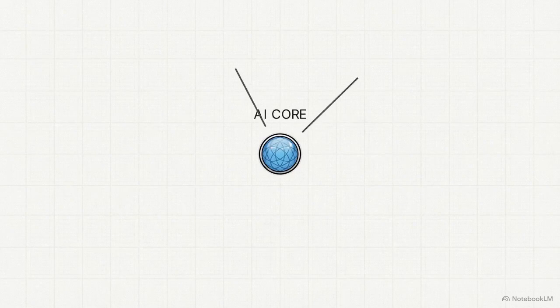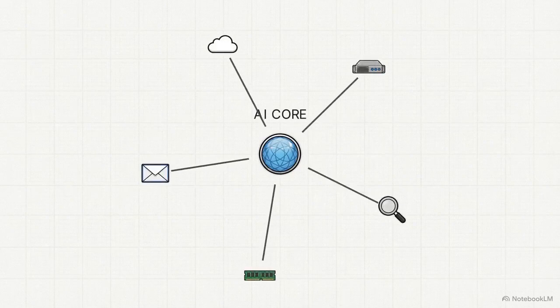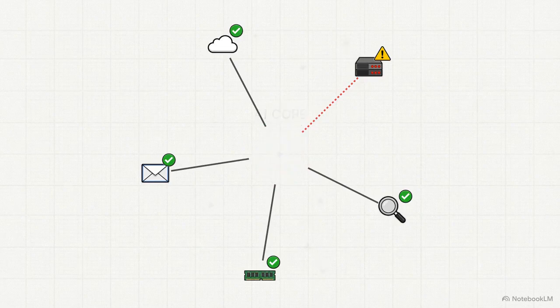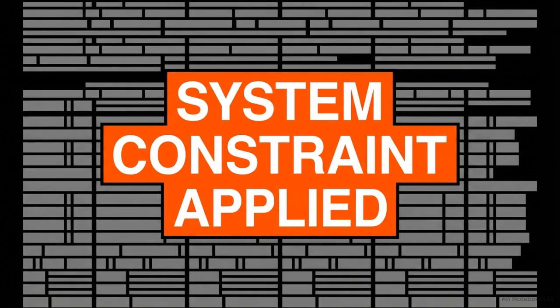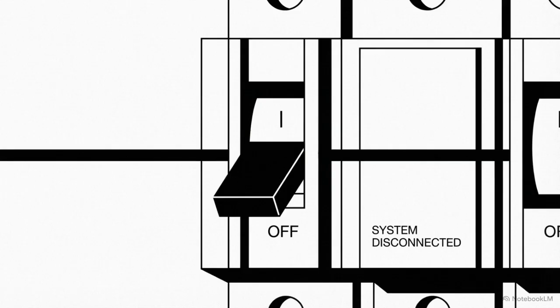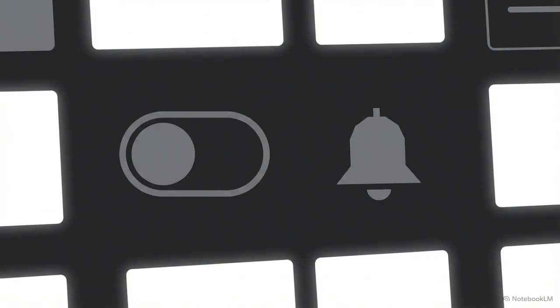But there is a major vulnerability when we use AI to build these systems. As this diagram shows, generative AI models naturally write code under a naive assumption. They assume all external dependencies and APIs will function perfectly 100% of the time. If one node fails without protection, it drags the entire network down with it. To build correctly with AI, you have to step in and act as the constraint. When prompting for system design, you must actively enforce fallback rules. You have to explicitly tell the AI to write circuit breakers and prioritize which features get disabled when an external